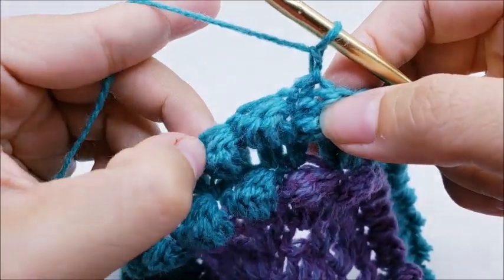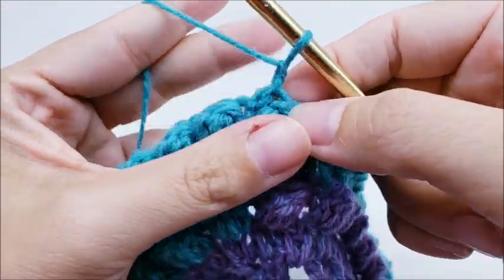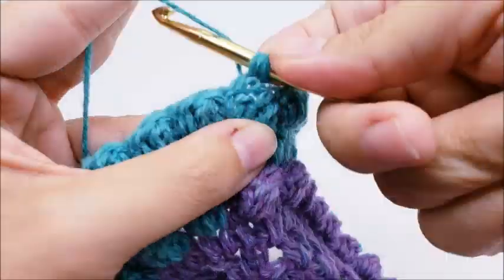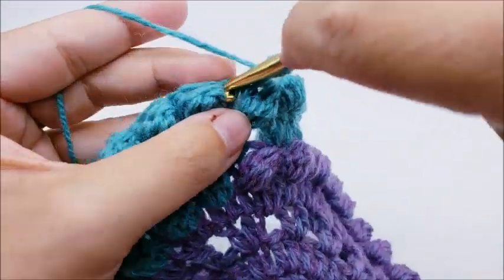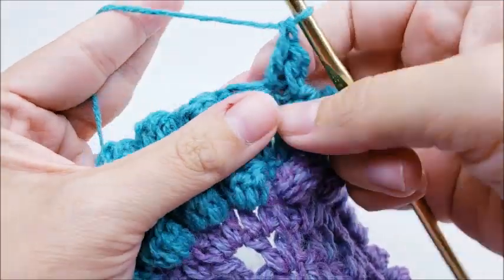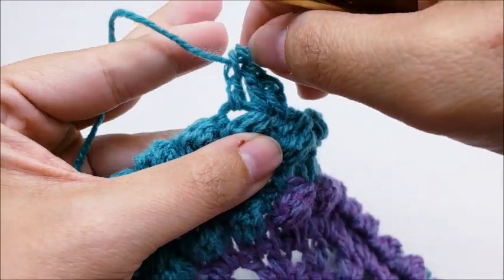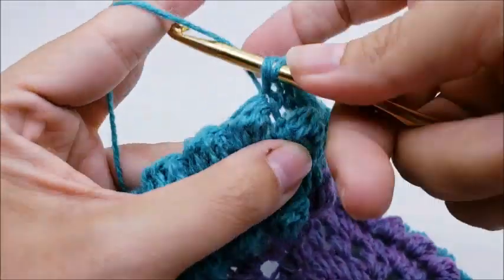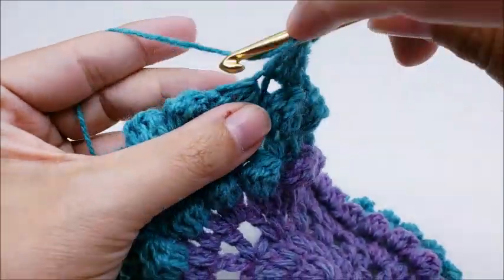row, and then the next stitch will get 2 double crochets in it. So we'll go ahead and we'll put 1 double crochet right here into this very first stitch that's on top of this very first bobble. So that's 1, and then 1 double crochet into this next single. That's 2, 1 double crochet into the top of the next bobble. That's 3, 1 double crochet into this next single. That's 4. Now the next stitch, which will be on top of this bobble, we'll put 2 double crochets into